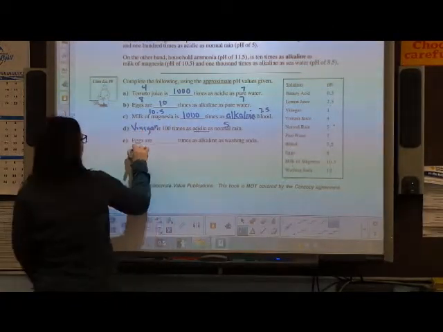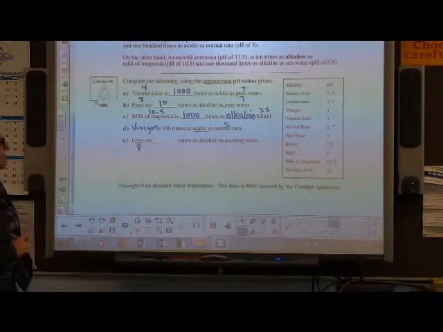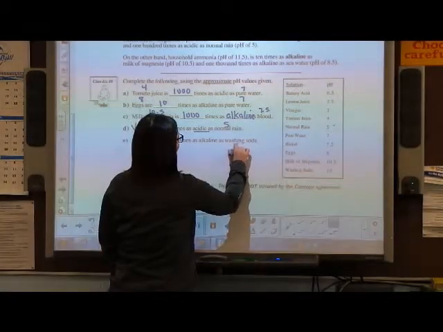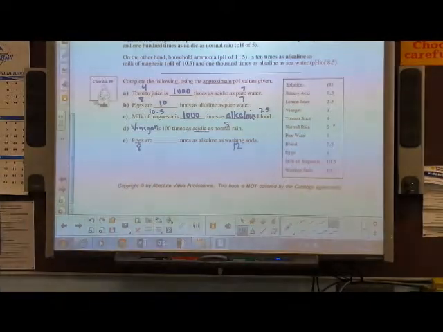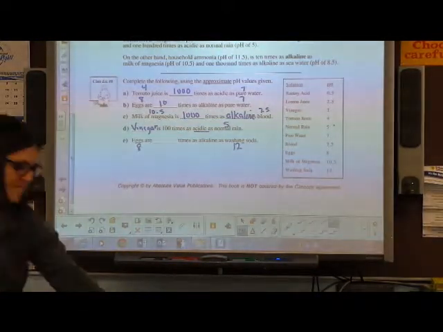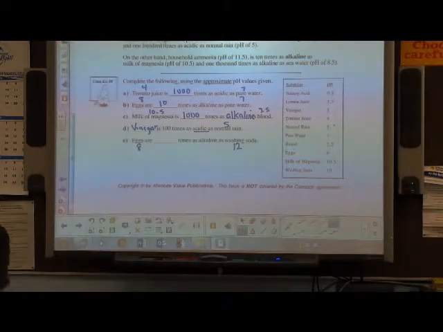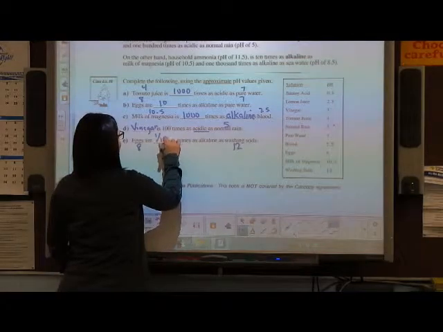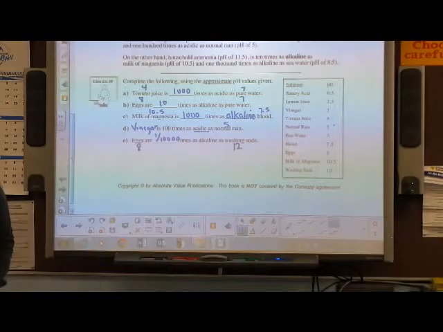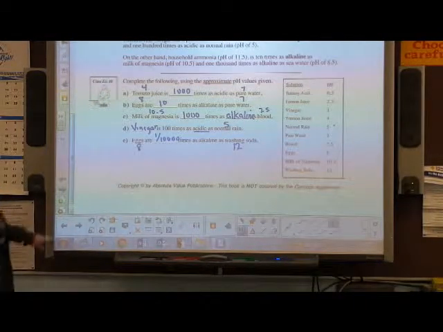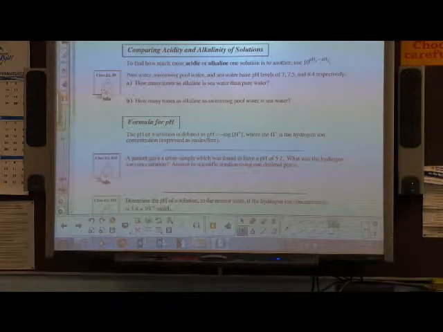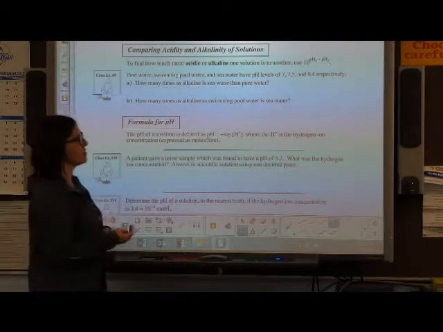Okay. And eggs that have a pH of 8 are how many times as alkaline as washing soda, which has a pH of 12? 1/10,000. Good. The fact that you guys rock in science helps too. Okay, so again, we can compare the pH or the acidity and alkalinity of one solution to another